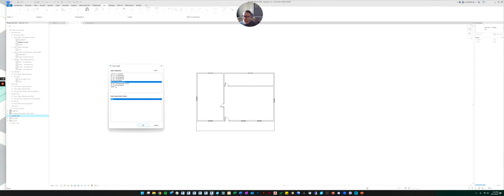So a standard size is 30 by 42. That's type, they call it type E1. But another common size would be 24 by 36. That's typical residential, but I don't see one loaded in there for that. So we're not going to use that. We'll use 30 by 42. We'll pretend this is a bigger project. So you'll see that's E1, 30 by 42.